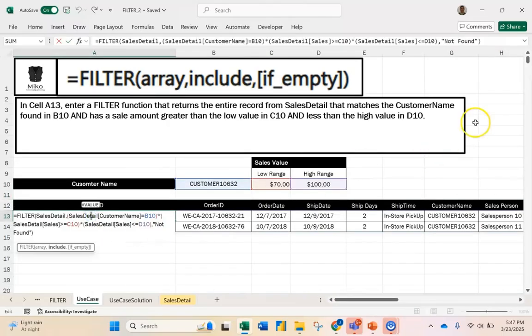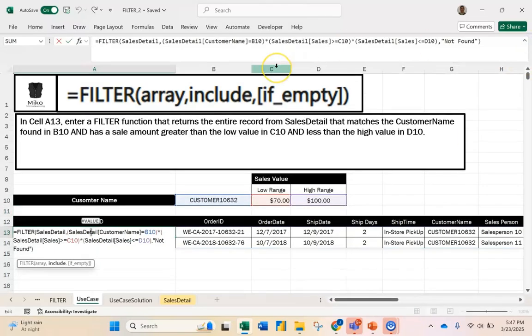So if we look at this syntax up here, all we're doing is saying filter that sales table, but all of these conditions have to be true. The customer name has to be equal to B10, the sales value has to be greater than or equal to C10, and the sales detail, the sales amount has to be less than or equal to D10. So not so hard, but when you think about filter, think about the asterisk as an and, think about plus